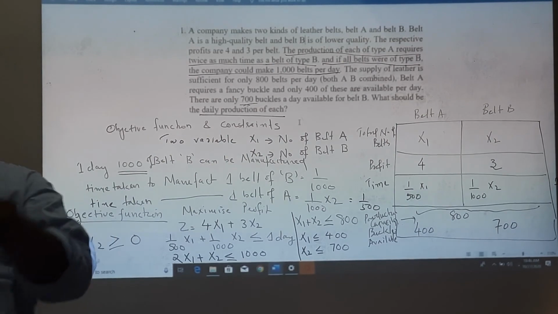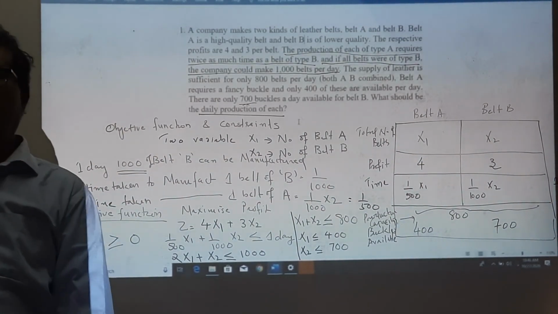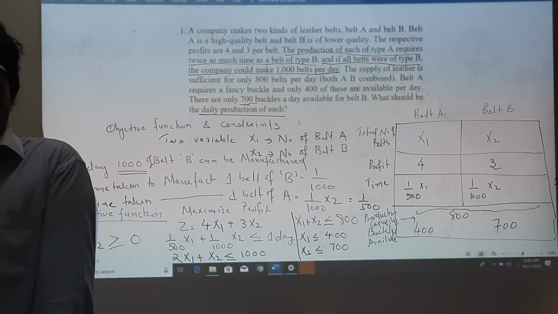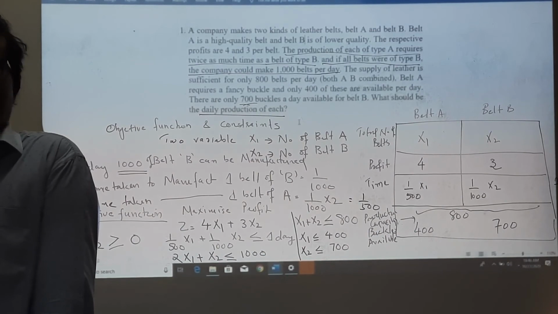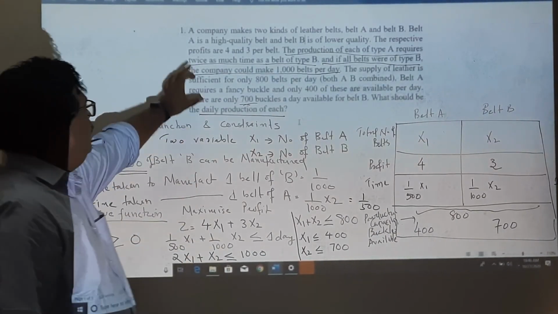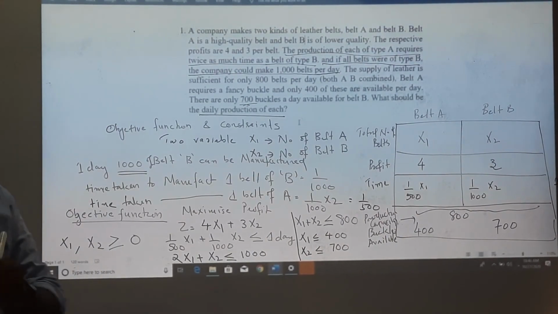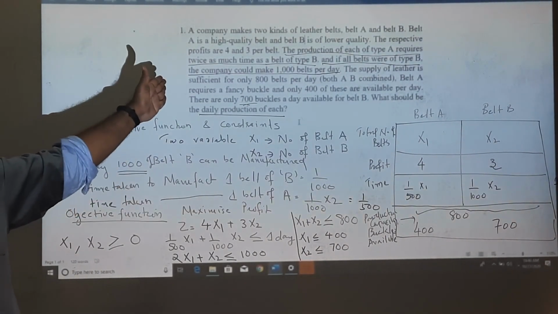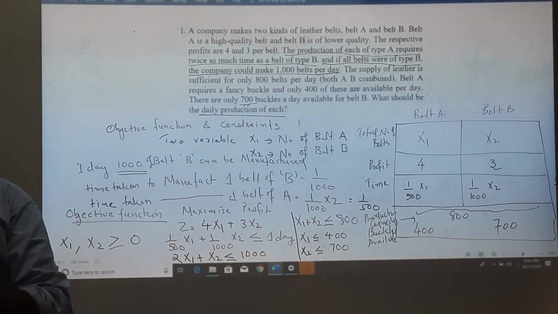So this is the solution to the problem. These problems are very simple. What we require is to just decode it, split it into smaller units so that it will be easily understood. In this specific problem, only one issue is there, because we didn't get the time constraint directly. There is an indirect way of giving it, and we just solve the problem accordingly.